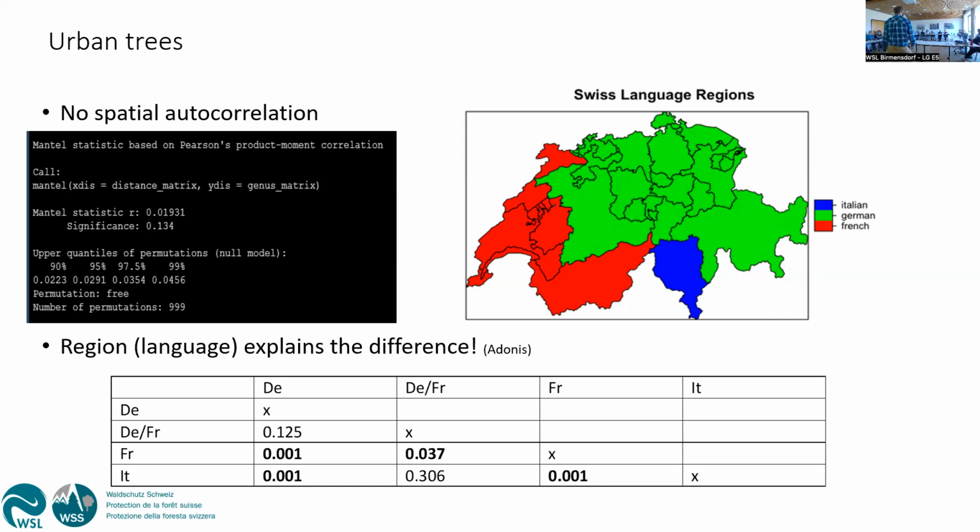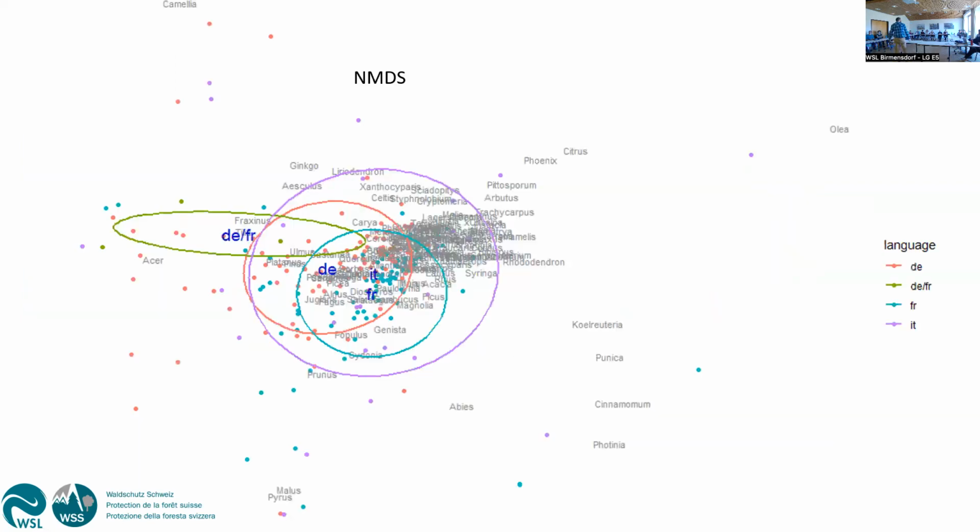Of course, right? We have Ticino in there and everybody goes like, yeah, the temperature there is different from here. Everybody has gone there for nice weather at least once. But the interesting part is that the difference between German and French-speaking regions is statistically significant, and I found that quite interesting. We put this in an MDS, it's not that clear, but it tells us already that there is